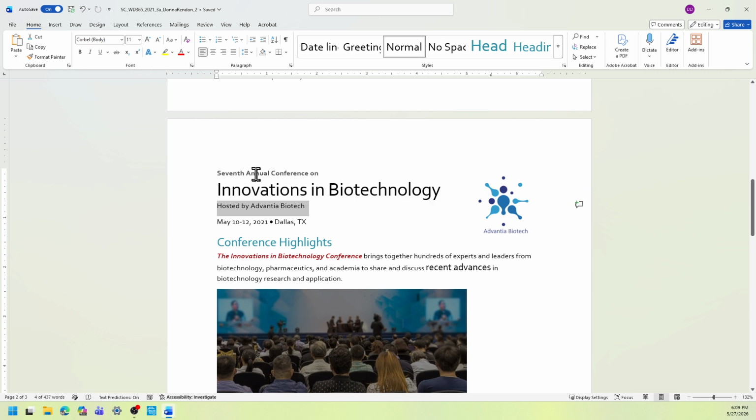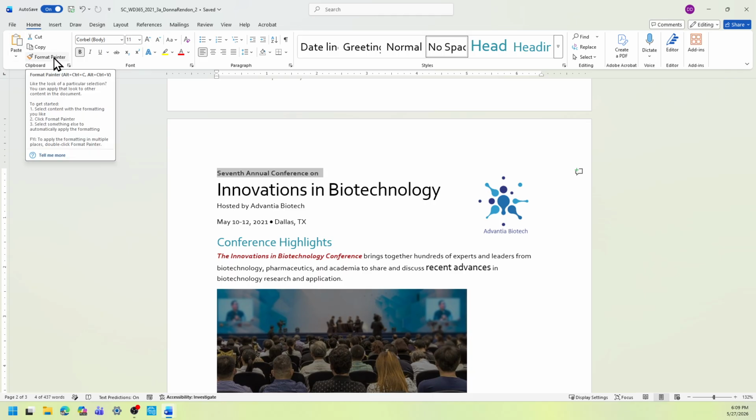So to do that, you need to select the paragraph, and then look at the Home tab and look for the Format Painter under the Clipboard group.